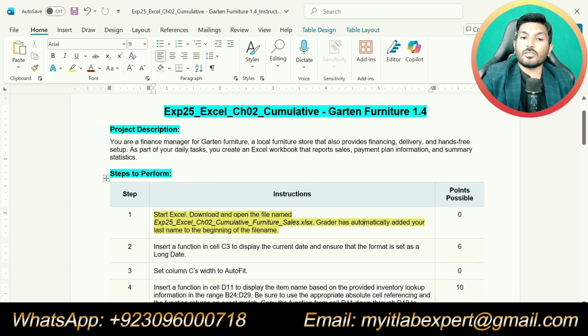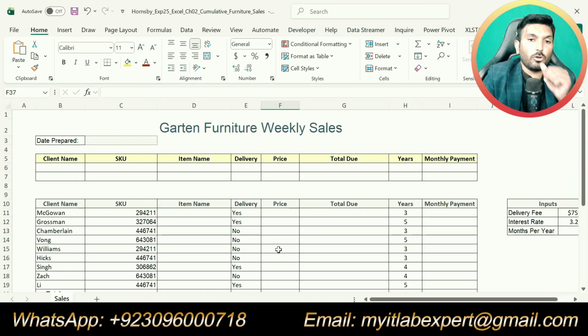Start Excel, download and open the file named EXP25 Excel Chapter 2 Cumulative Furniture Sales. Grader has automatically added your last name to the beginning of the file name. This is the Excel workbook that we are going to use to solve this assignment.